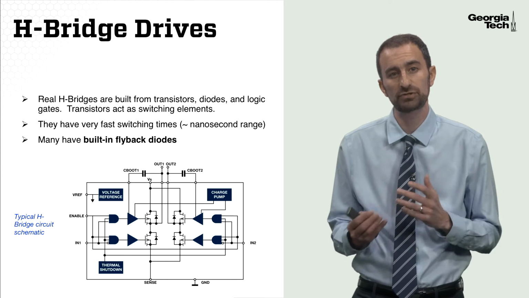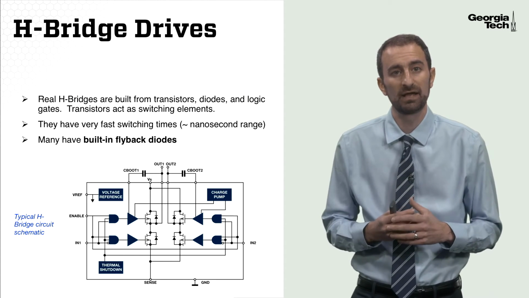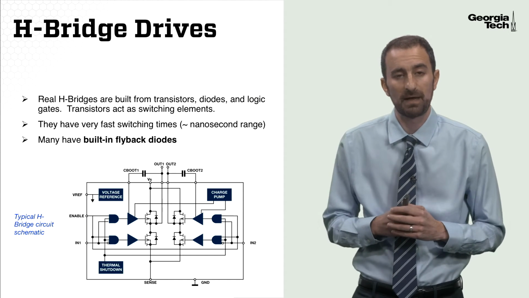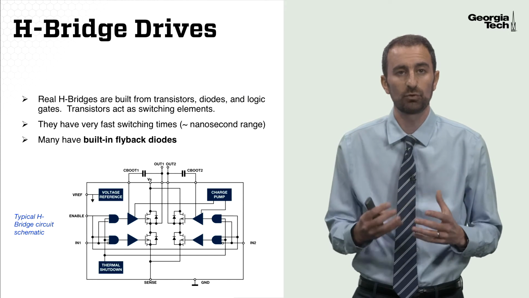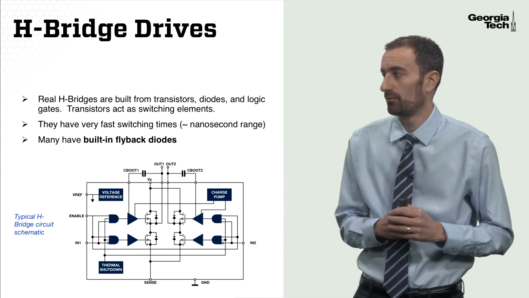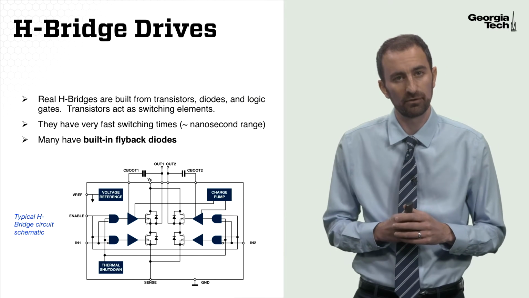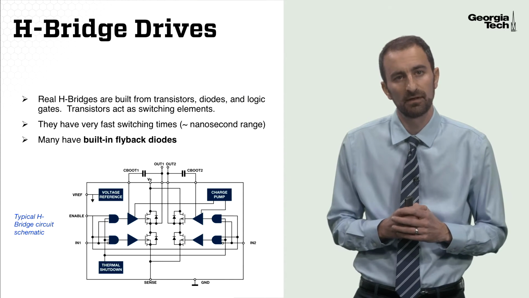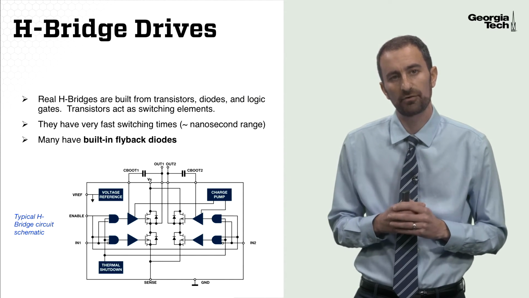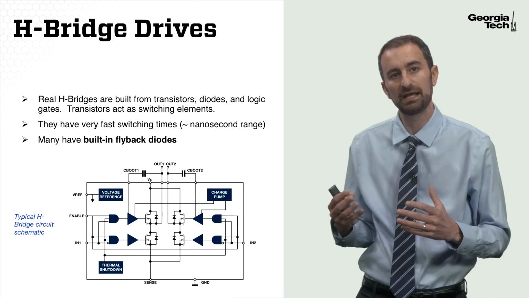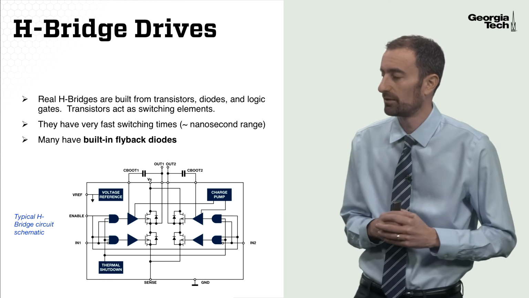So we're able to switch the direction of current through this motor extremely fast. This is a typical schematic of an actual H-bridge integrated circuit. And we can see that we have our transistors in the middle. So these are 4 MOSFET transistors in the middle of this H-bridge, as well as the other type of logic components, the logic gates, which surround those